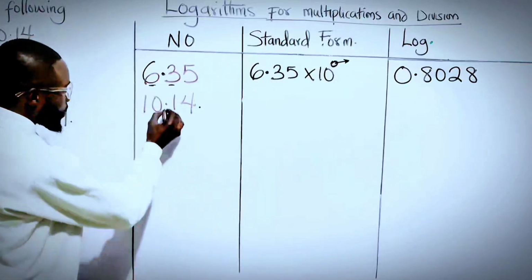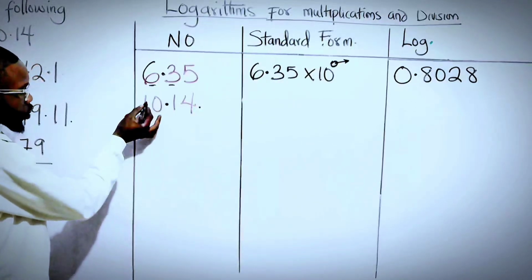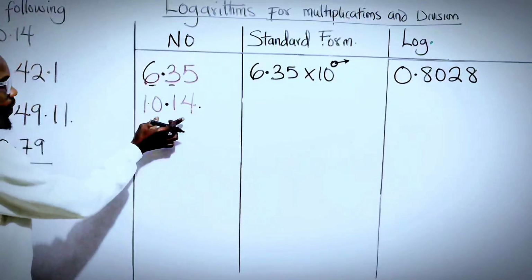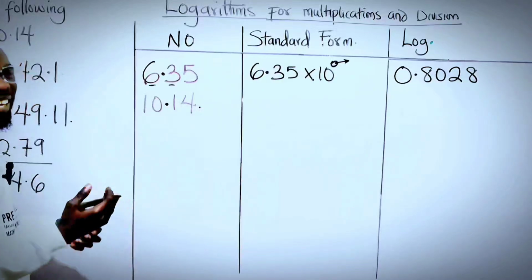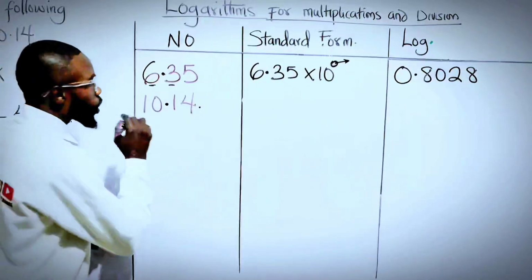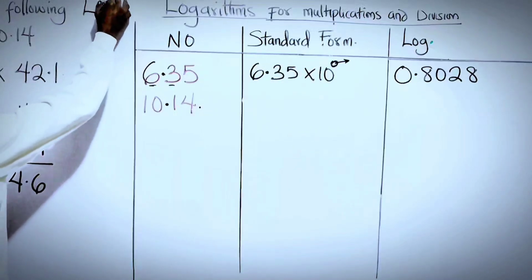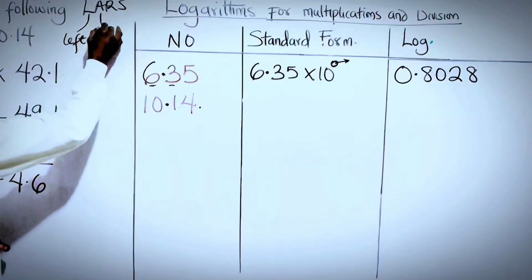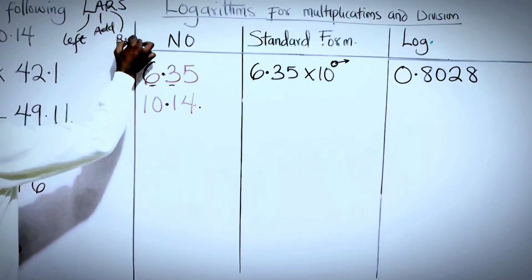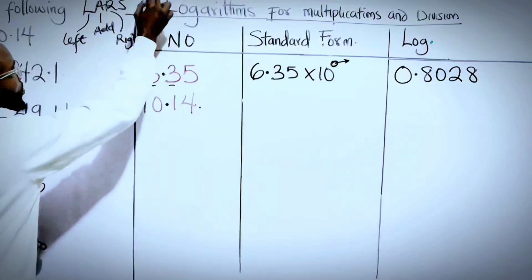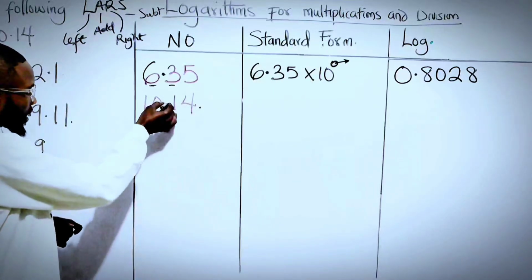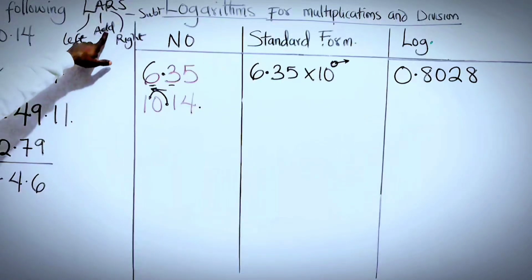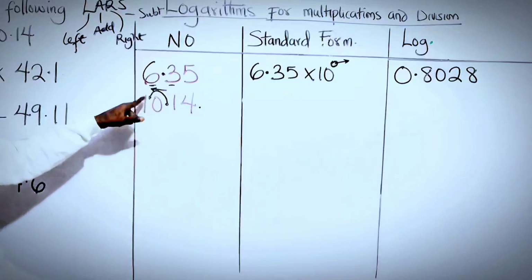The other one, look now, the decimal point is not after the first real number. It's supposed to always be there. So what do we do to convert this 10.14 into standard form? We follow the law of LARS, that law I gave you. If we are counting to the left, we add, and if we are counting to the right, we subtract. So I am moving the decimal point once to the left, which gives me